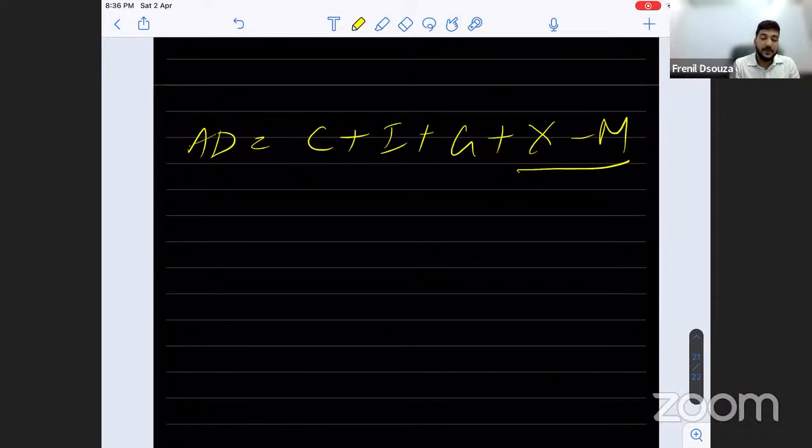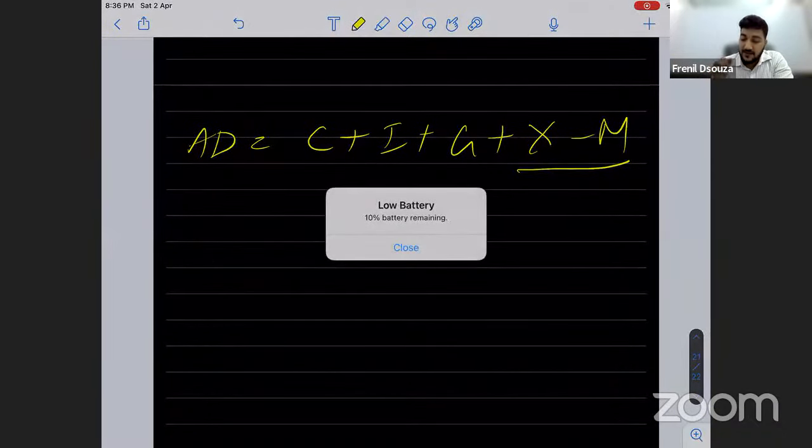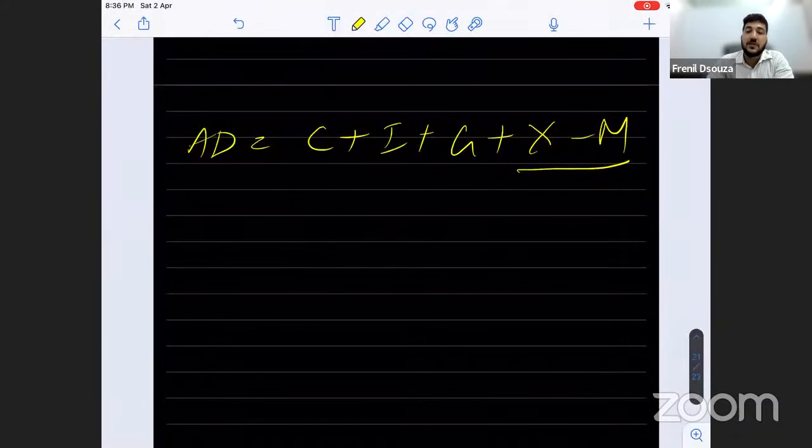So here we learned two different units, the first unit national income accounting, and the second unit the Keynesian method. In the Keynesian method we quickly revised three different models, that is the two sector model, three sector model and four sector model. With that we also revised the concept of the investment multiplier. Trust me, whatever I have done in this revision class are the most important things for your examination purpose. I'm not saying the rest of the things are not important, definitely not, they are equally important, but these are a must to understand the crux of the topic, right? So with this we have finished the revision of the first chapter.